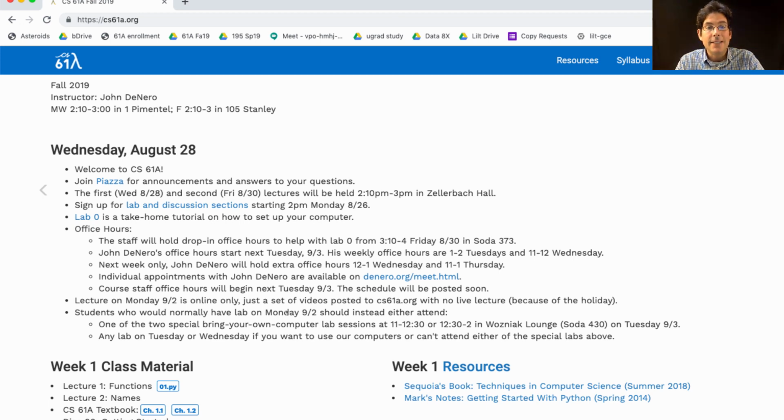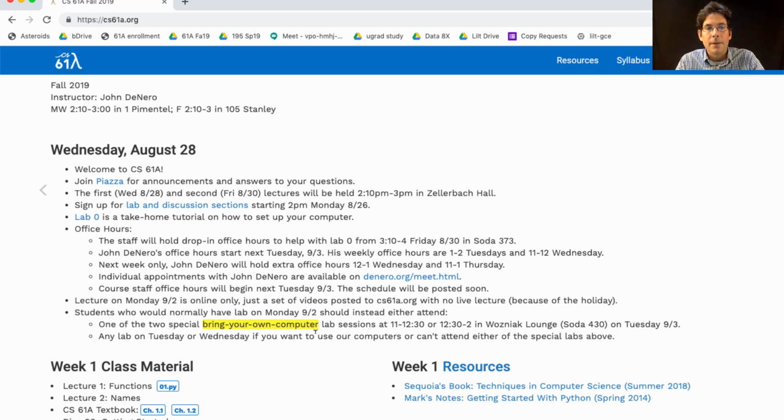Since Monday's a holiday, some students don't have a regularly scheduled lab, but it is important to go to lab next week to get a feel for what lab is like. So we've scheduled 2 lab sessions, which are bring-your-own-computer lab sessions. Now you can bring your own computer to all of our labs. Lots of students do that. Or you can arrive and use our computers, which are also available to you. The vast majority of students bring their own computer because then they can keep going more easily after they leave lab.